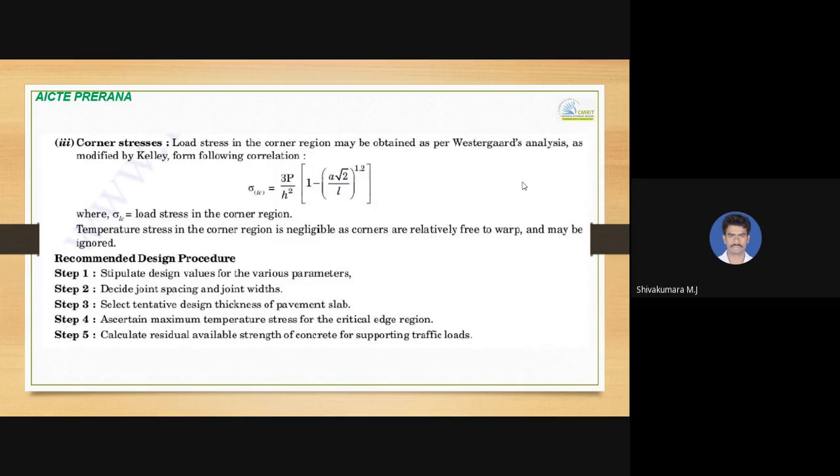And then corner stresses. Load stress in the corner region may be obtained as per Westergaard analysis as modified by Kelly. So the equation is given by sigma Tc equal to 3P divided by h square